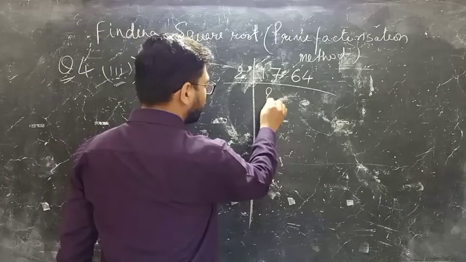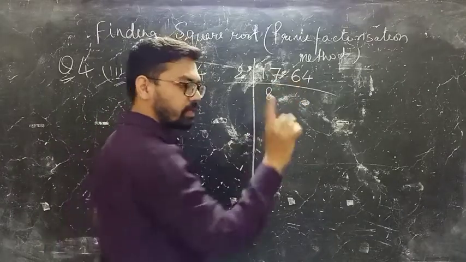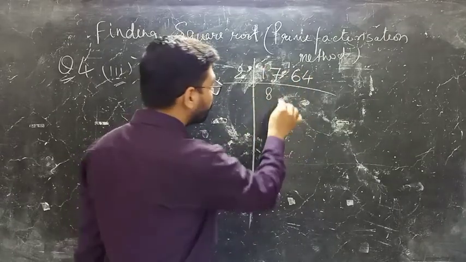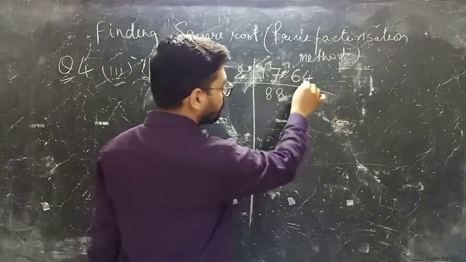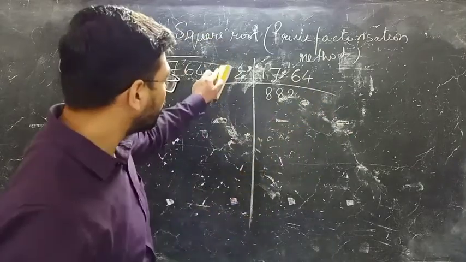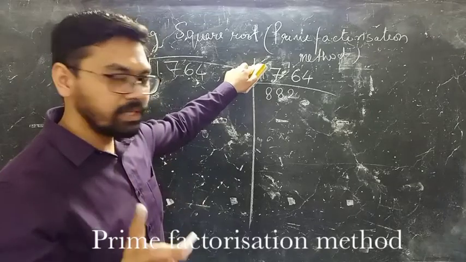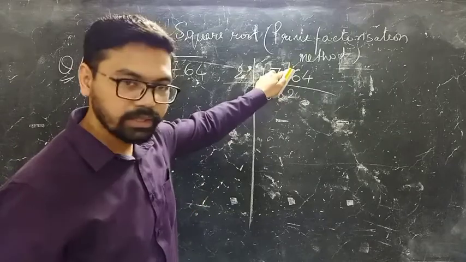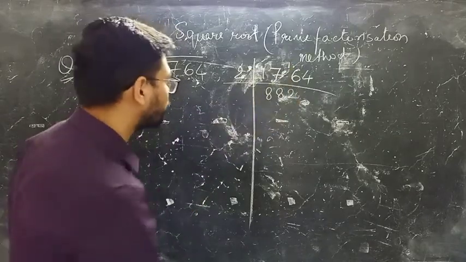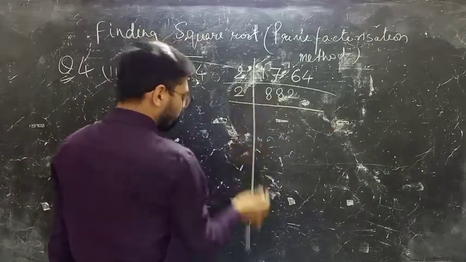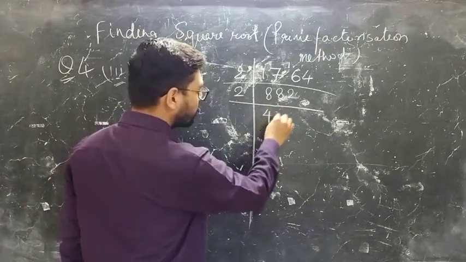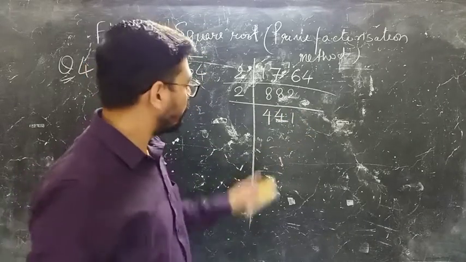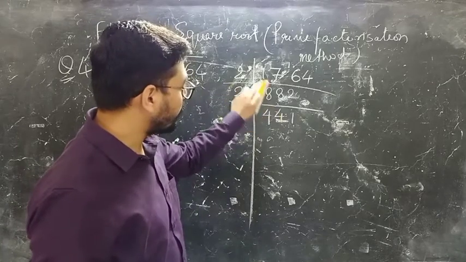2 8s are 16, right? 2 8s are 16, so remainder is 1, right? Now this is 16, so 2 8s are 16, remainder is 0, so 2 2s are 4. Again, 2 8s are 16, 17 minus 16 is 1, remainder is 1, so 1 and 6 becomes 16, 2 8s are 16, then 2 2s are 4. 2 4s are 8, 2 4s are 8 and 2 1s are 2. Any doubt in this?